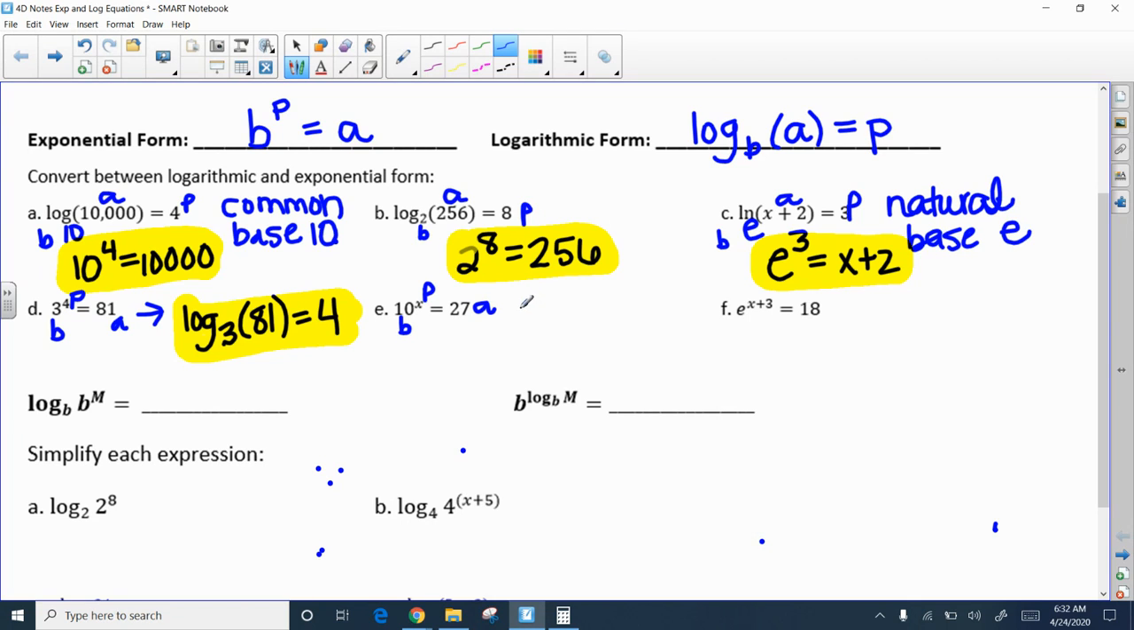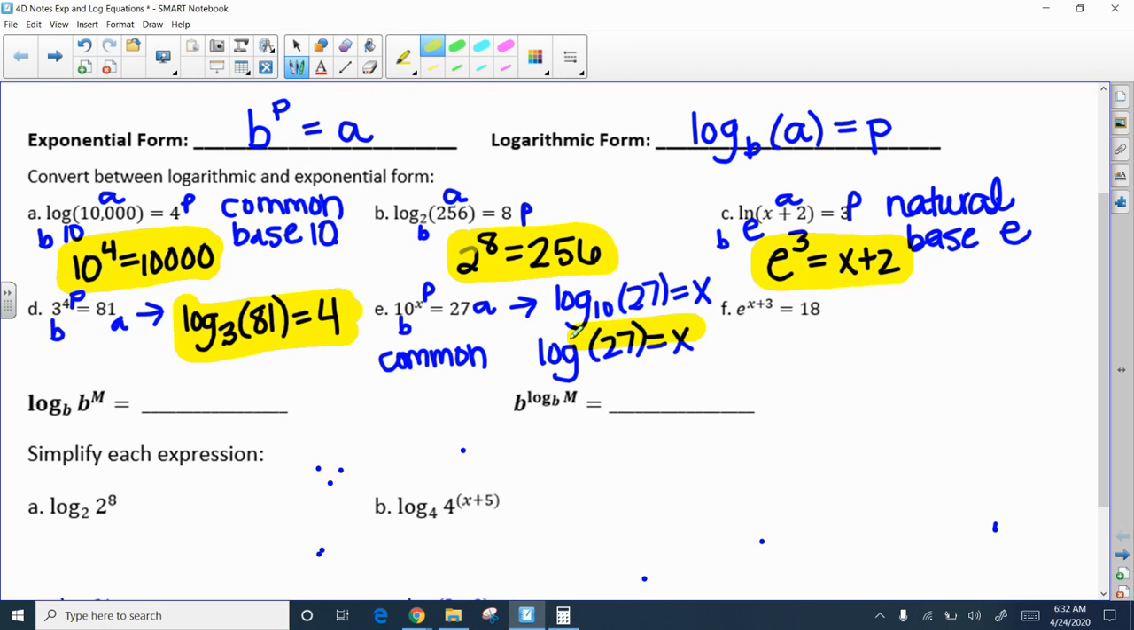So in logarithmic form, we would write log base b of a, so log base 10 of 27, equals p, which is x. Now this one says log base 10 of 27. So again, this is one of our special ones. This is a common logarithm. The common logarithm is a base 10 logarithm. When we see that, we don't really have to write the 10 in. So the way we would see this written would be just log of 27 equals x. And that, of course, means it's a base 10 logarithm, but we don't have to write the base 10 when